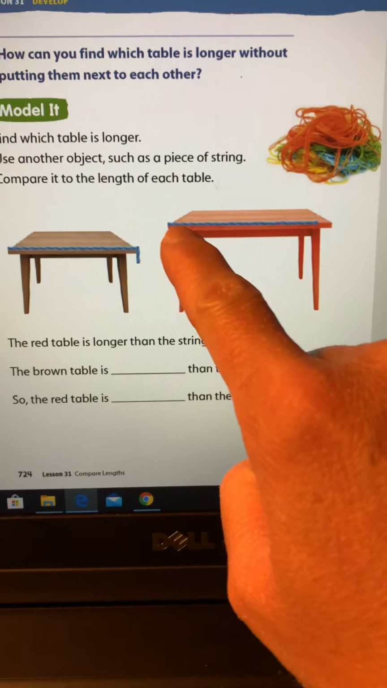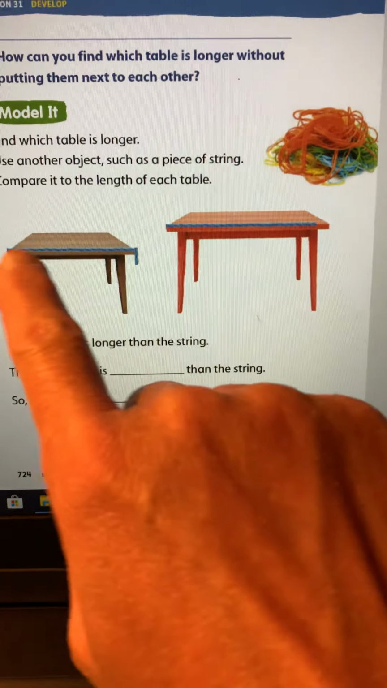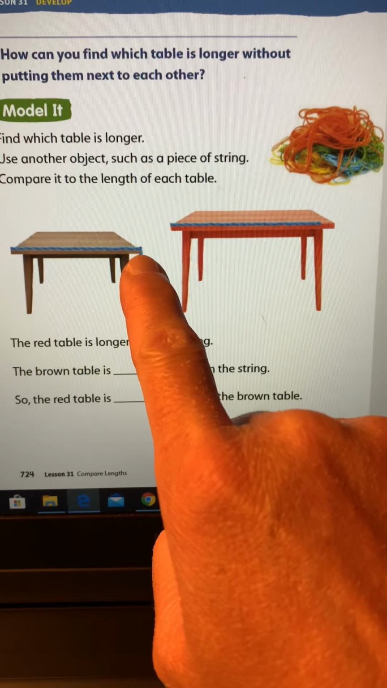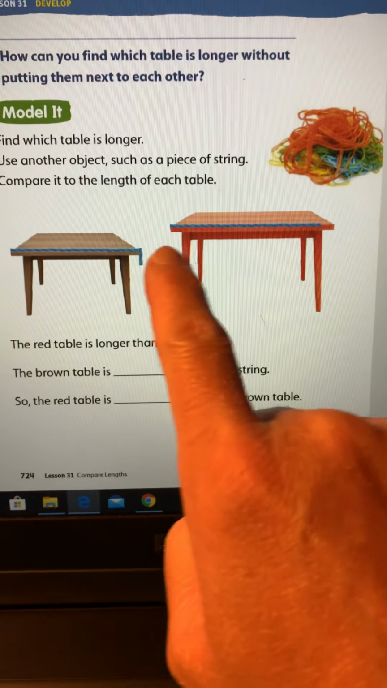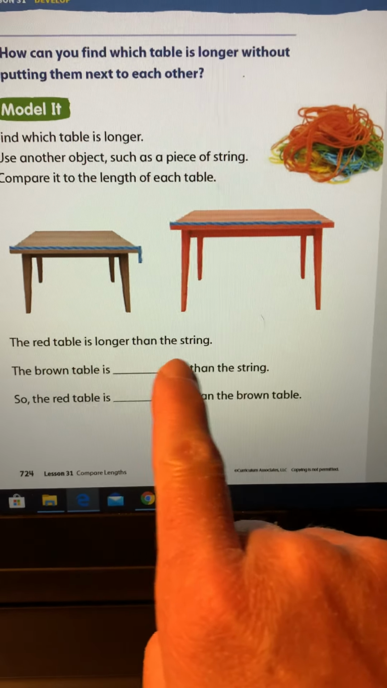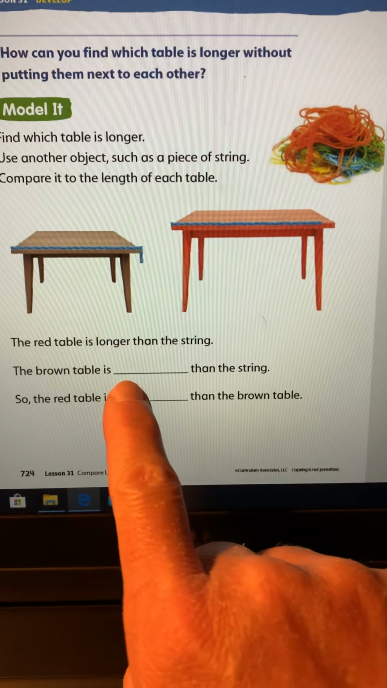So the string actually ends here, so there's more. If you look at the brown table, you can see that the string is too short. It doesn't even cover the whole table. So we now can notice the red table is longer than the string. The brown table is,